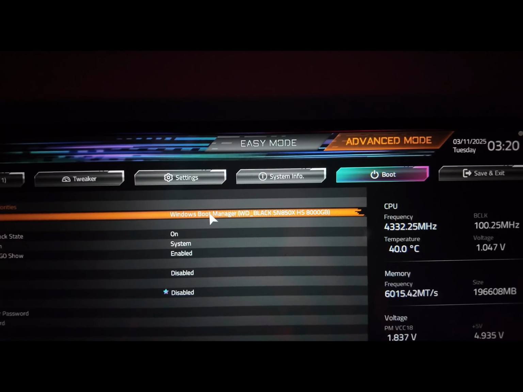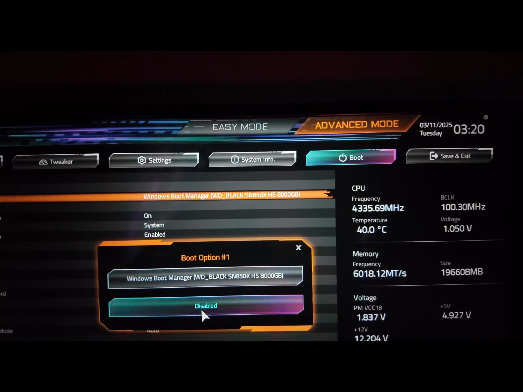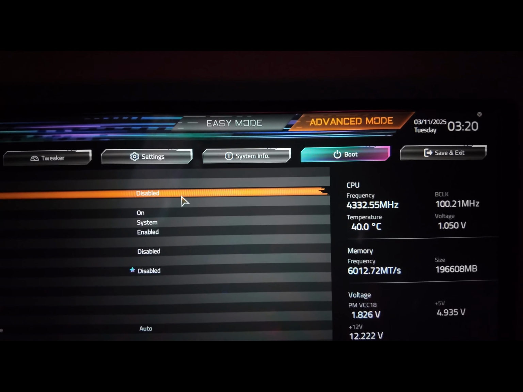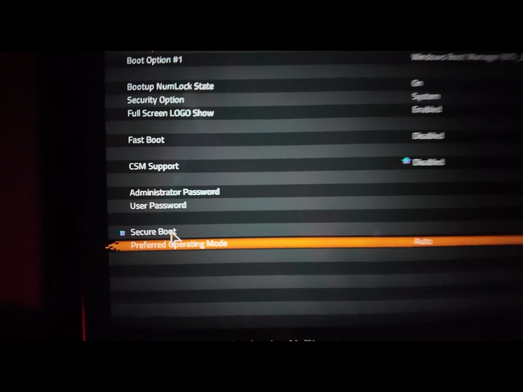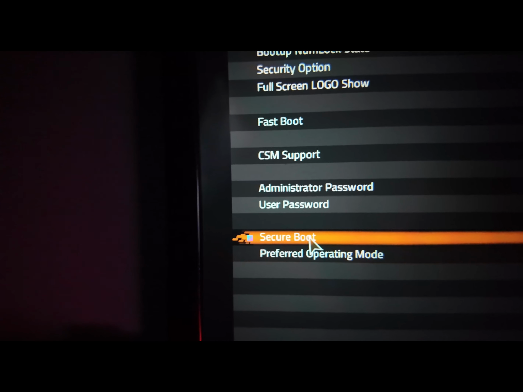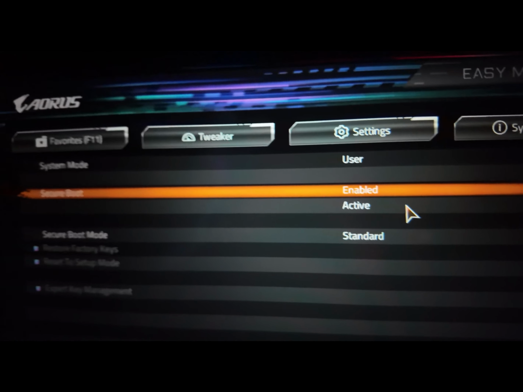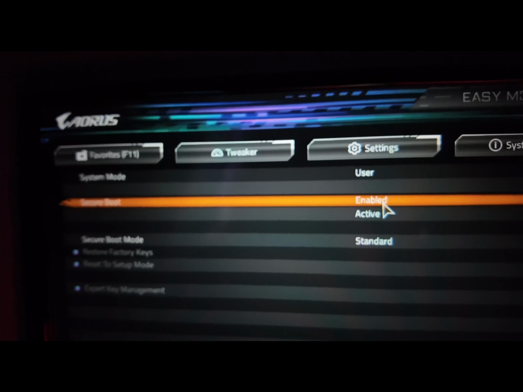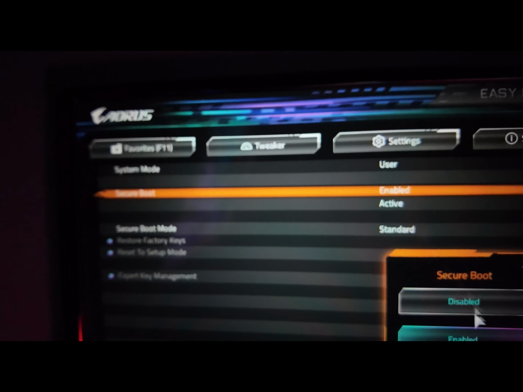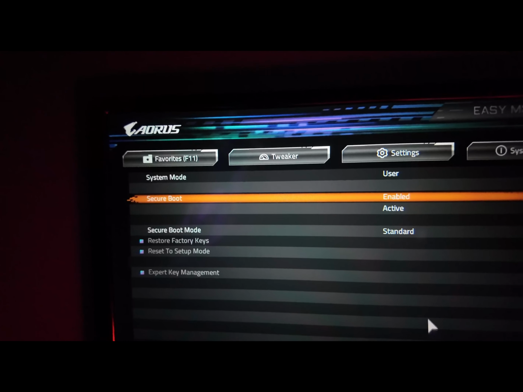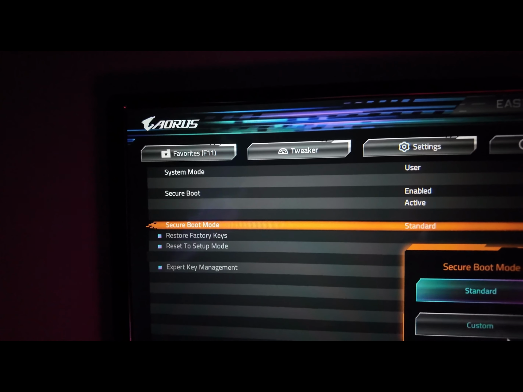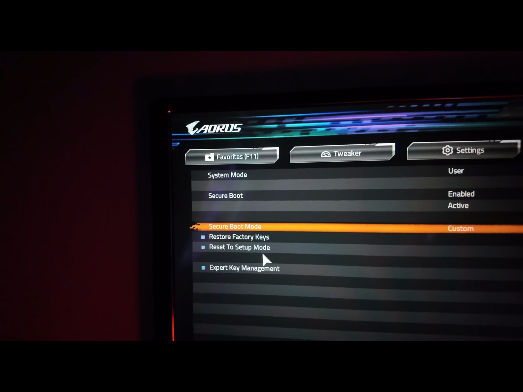But even if it's already enabled, just to make sure, you can disable it and then enable it again. And then the other thing is go down here to Secure Boot. If you guys can see, it already says enabled and active. So what I ended up doing, which helped for whatever reason, was hitting this, hit disabled, and then hit enabled again. And then after that, I went here, went to custom, didn't change a single thing,